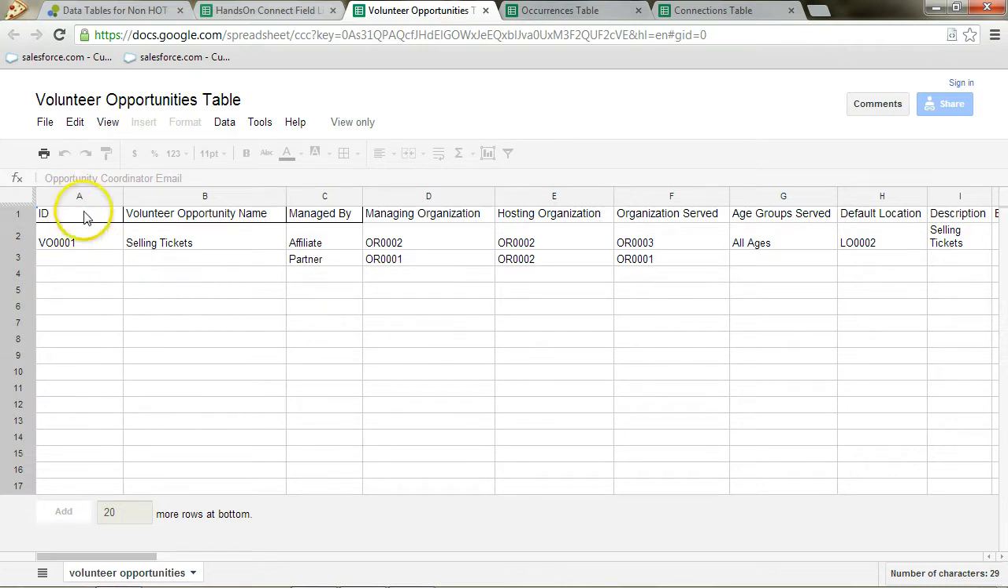The first column is an ID column. Again, if you've seen the previous videos, you know how that works, and it's the same as all of the other tables. Then we have a volunteer opportunity name. This is sort of a headline name for this volunteer opportunity, like selling tickets or weeding the community garden or anything like that. The next column is managed by, which is a pick list, and that pick list is either